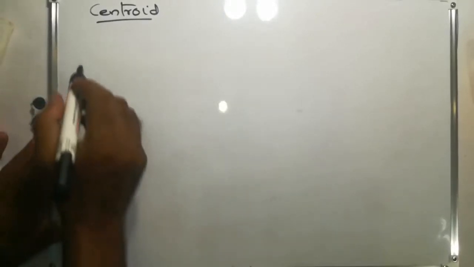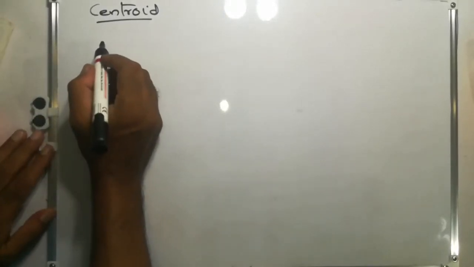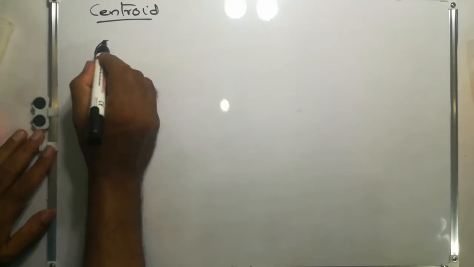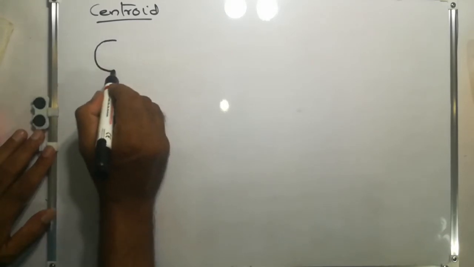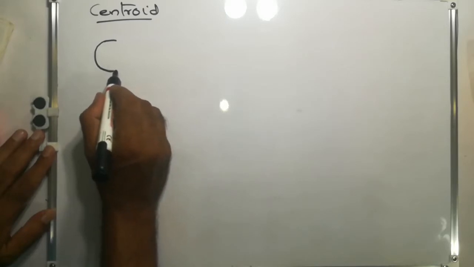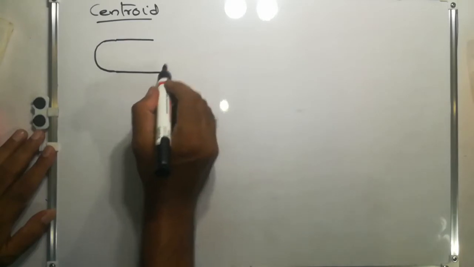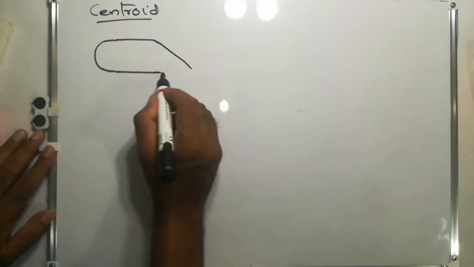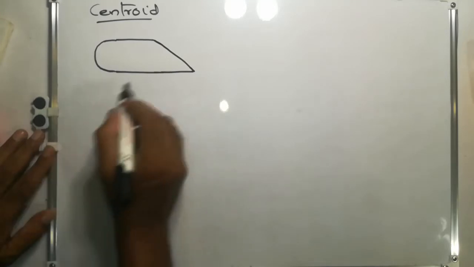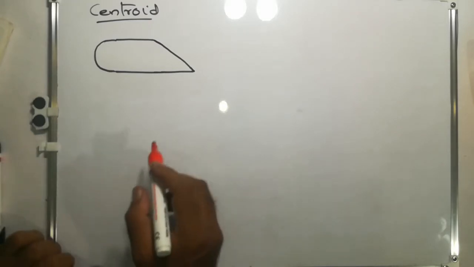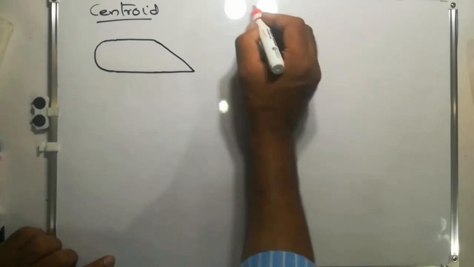In this question, we will locate the centroid of a complex area in which parts of circles are also involved. So this is the shape for which we are going to find out the centroidal axis, that is the x bar and y bar. So we know x bar